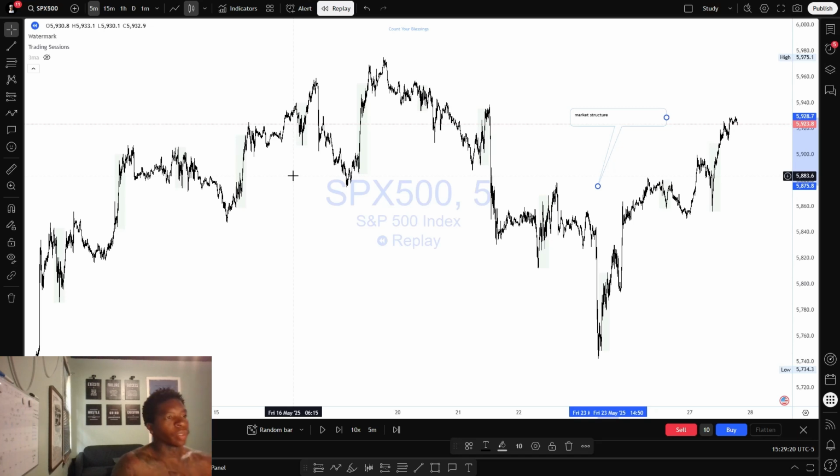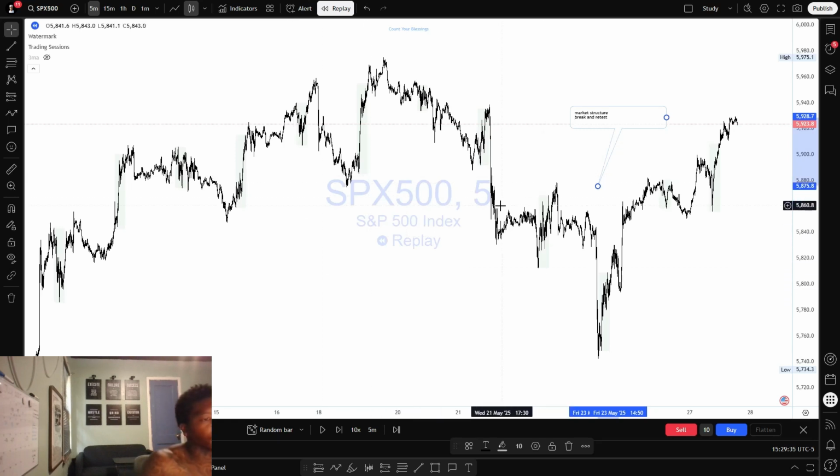And when it comes to support and resistance, this leads to the next thing: break and retest. I've seen numerous times where price will have a move like this, it'll come back and retest a specific area before continuing. Even something like this, you see, this was a level of support. Price broke under it, came back and retested, and it was a sell. So market structure, break and retest.